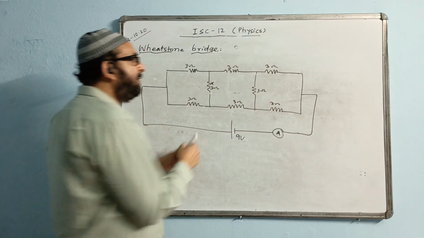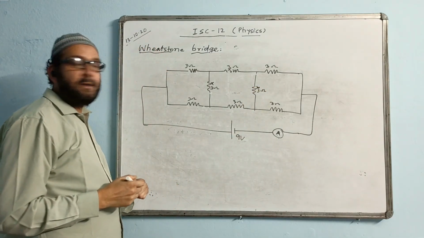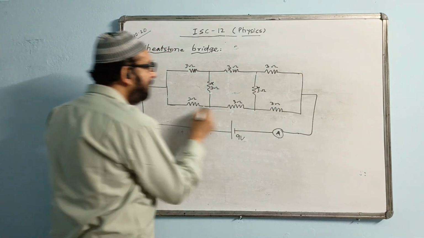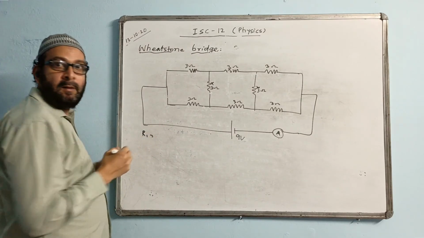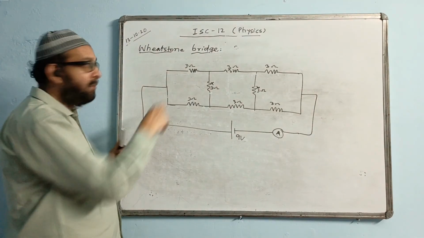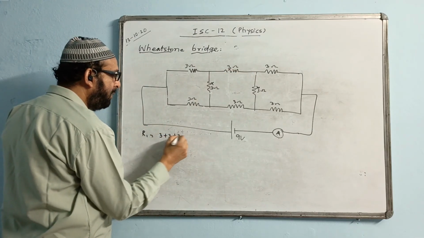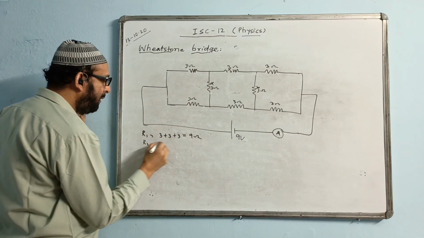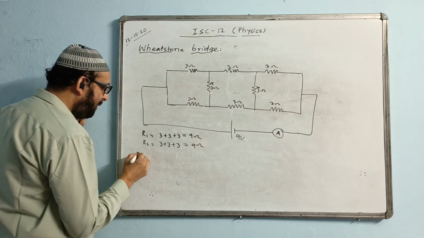Again, Wheatstone bridge, another Wheatstone bridge. Here the current will be 0, so not to consider this. Ultimately, you find all the 3 of them are in series. Downwards also, all the 3 of them are in series. So I find the value now. R1 is the first part: 3 plus 3 plus 3, 9 ohm. And the down one, R2, again 3 plus 3 plus 3, 9 ohm. And they are in parallel.